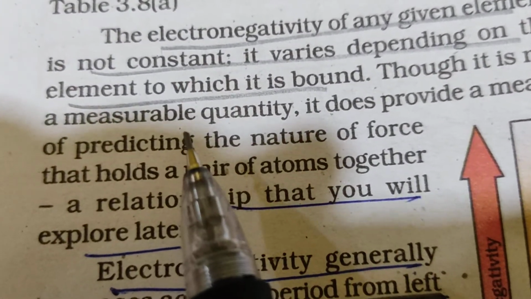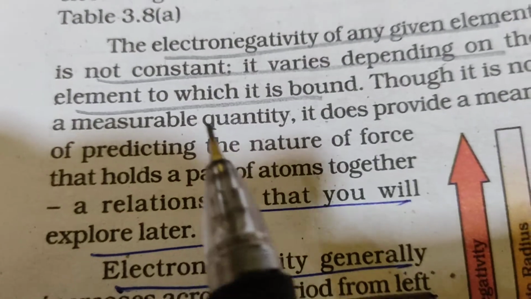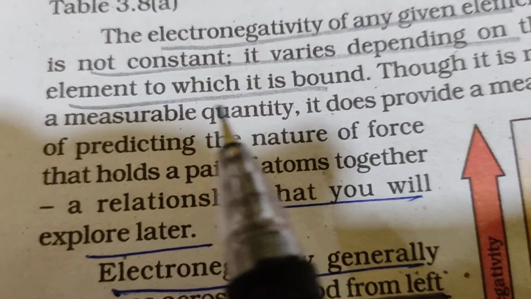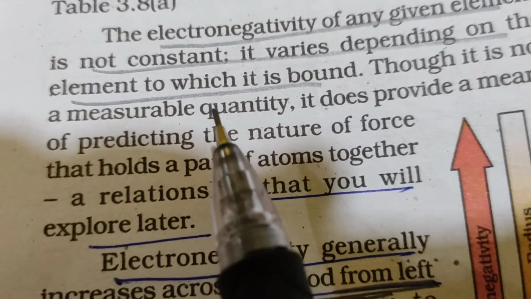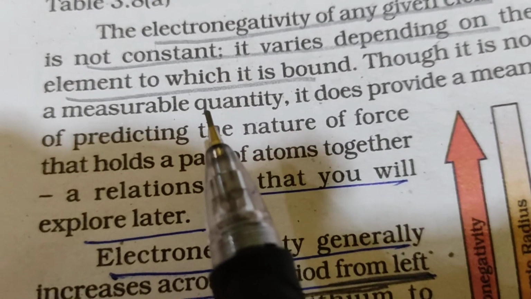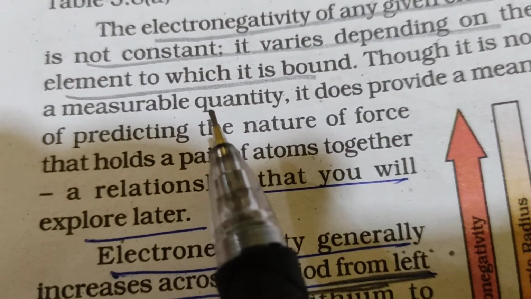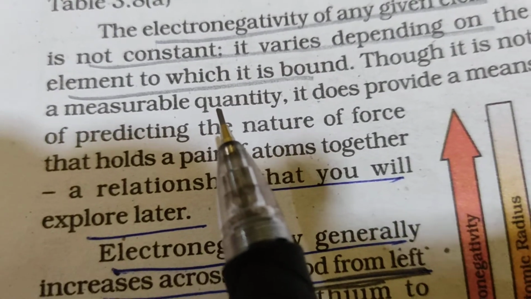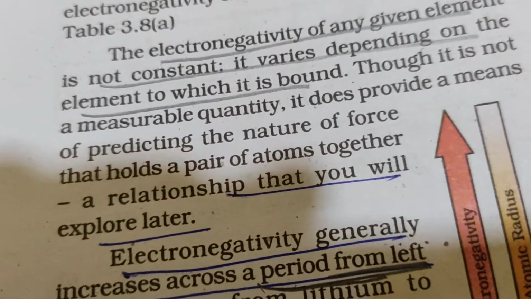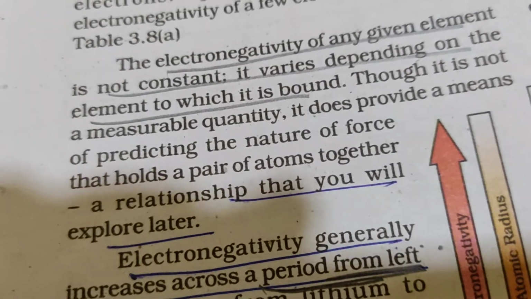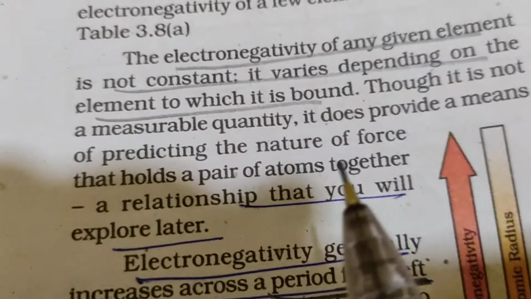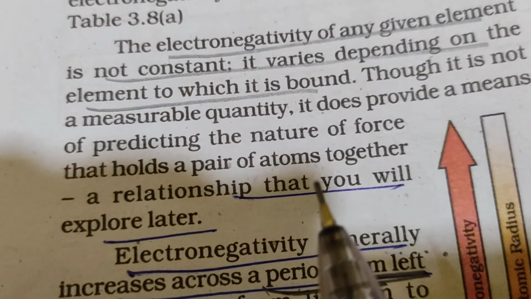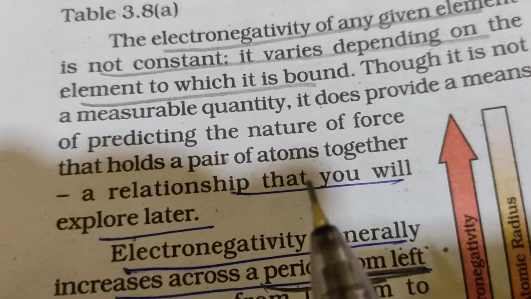Then it depends upon the hybridization of the atom. So there are different types of hybridization. Hybridization is a phenomenon in which orbitals having slightly different energies are mixed to have orbitals having similar energy, and these orbitals are directed in some preferred direction in space. There are different types of hybridization like sp3, sp2, sp.